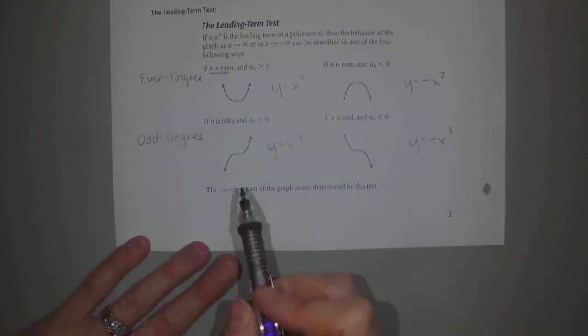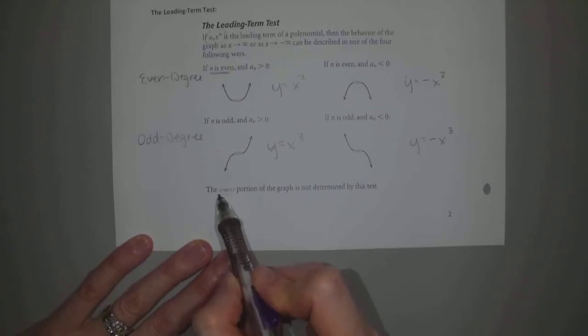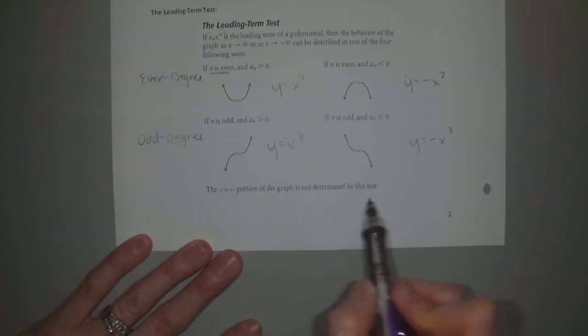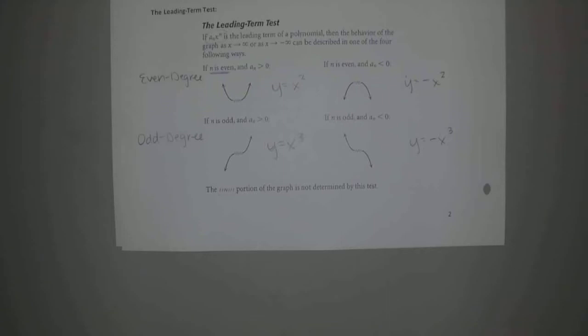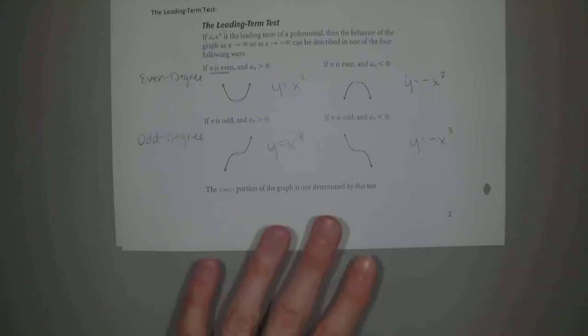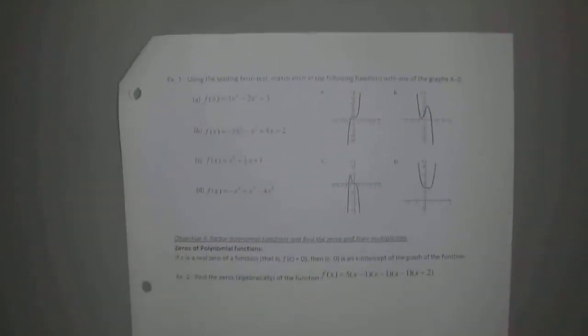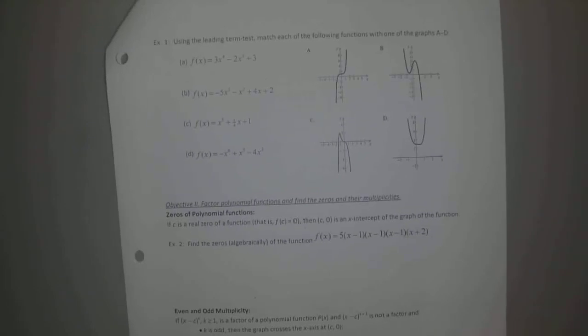And what's funny is they're kind of even telling you right here that the weird slashy part in the middle of your graph is not determined by this test. We don't know what's happening in the middle just from the leading term, okay? The leading term is going to tell us which direction it's opening and what direction our ends are going. There's going to be other things to see, and I think 4.3 is where we do everything in the middle, okay? So with that being said, can we use that information to match each of these 4 polynomials to